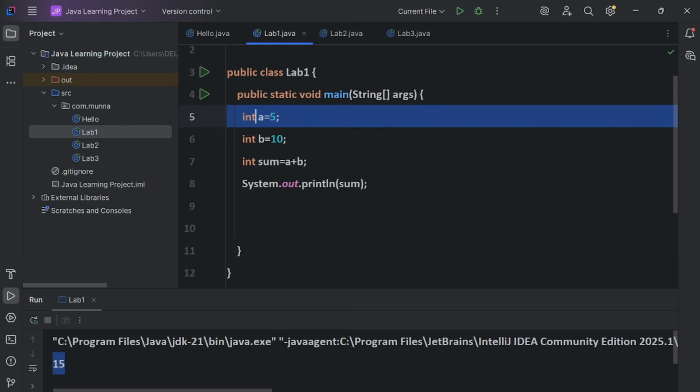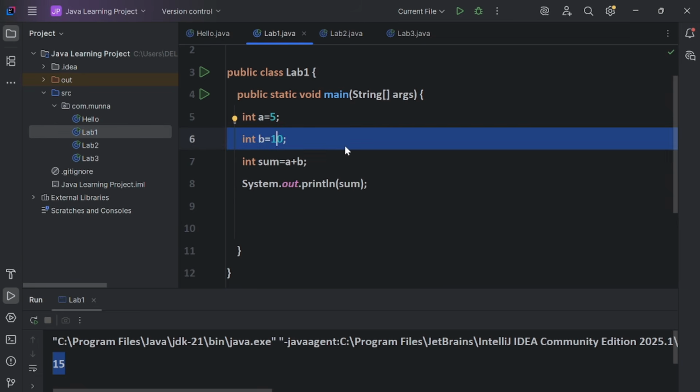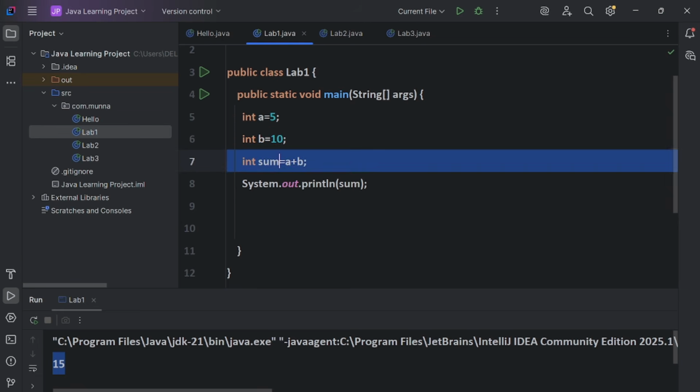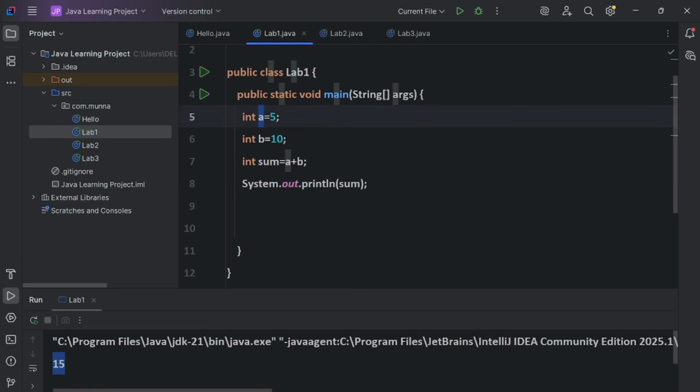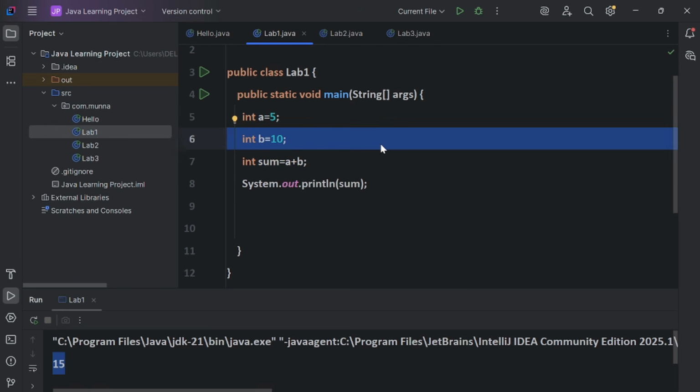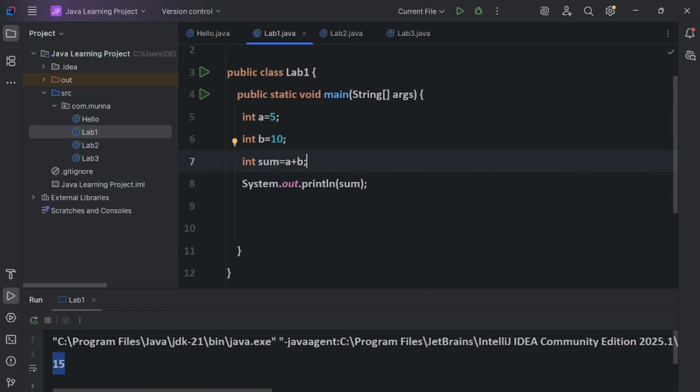Suppose the pen price is 5, and the copy price is 10. Then the total price would be a plus b, meaning pen price plus copy price, whatever you take, it will be added as a sum.